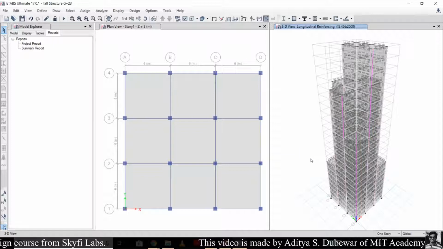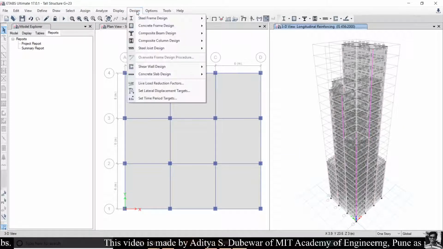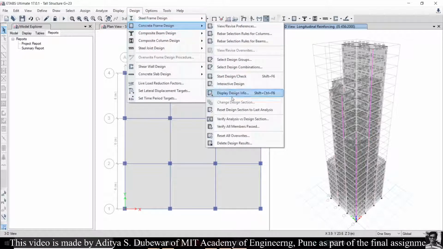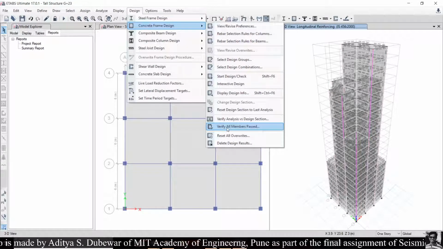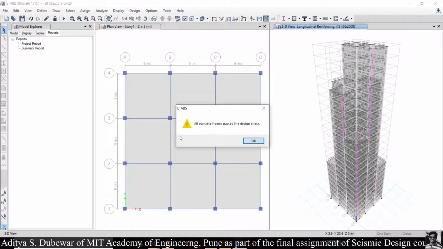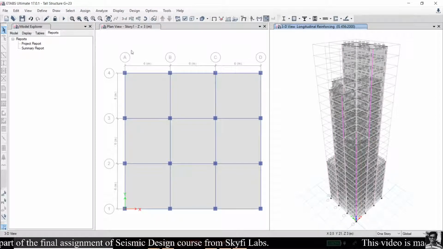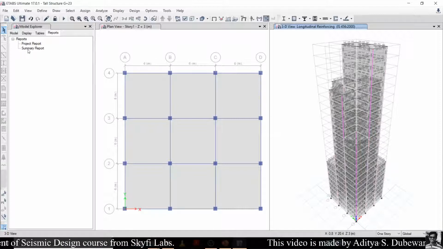Okay, now our design check is completed. Then we will check whether our structure is safe or not. For that, select the design tab, then concrete frame design, then verify all members are passed. Yes, it's showing all concrete frames passed the design check. Then click OK. We can see the final report of our project, the project report and summary, from this report tab.